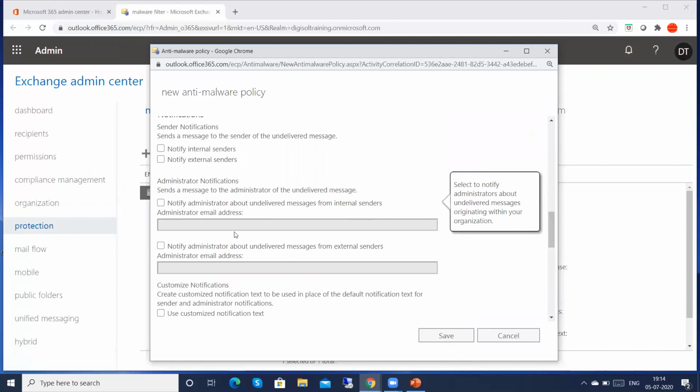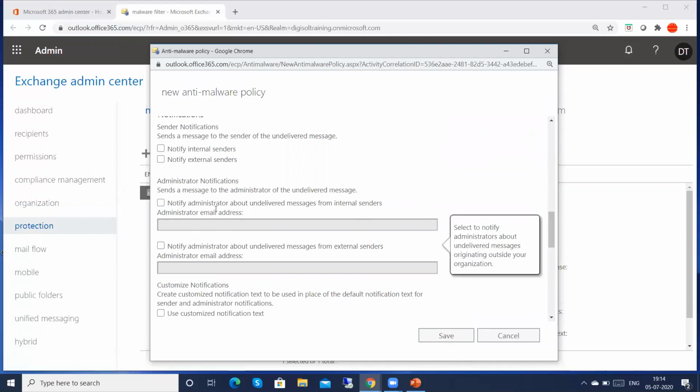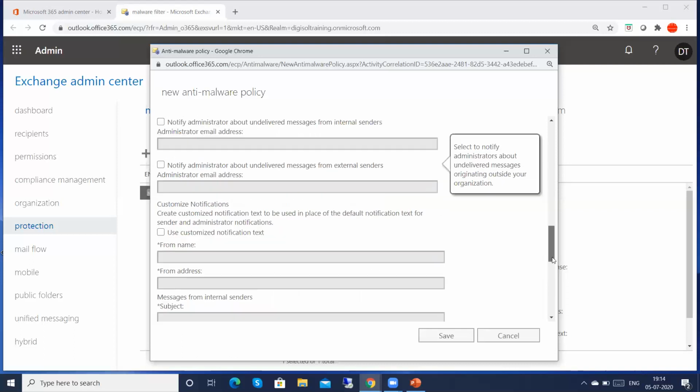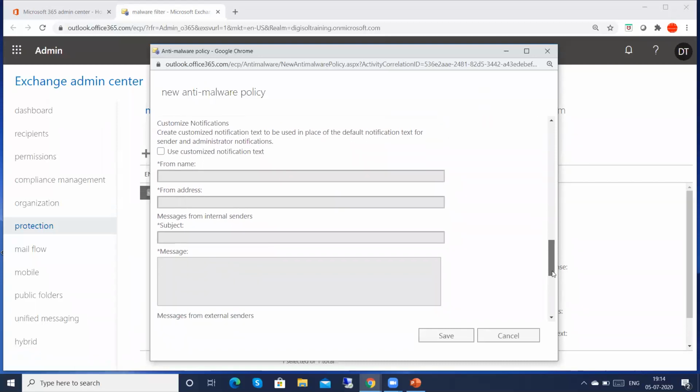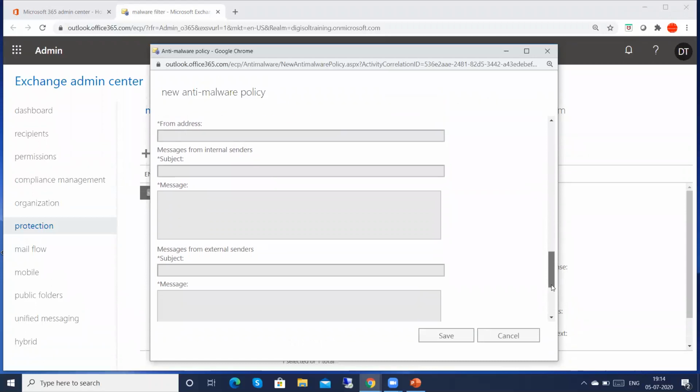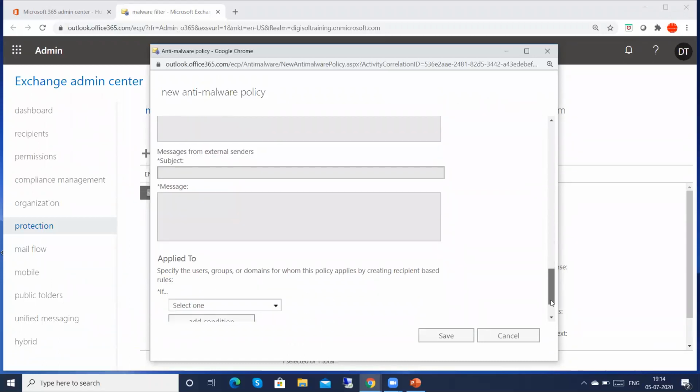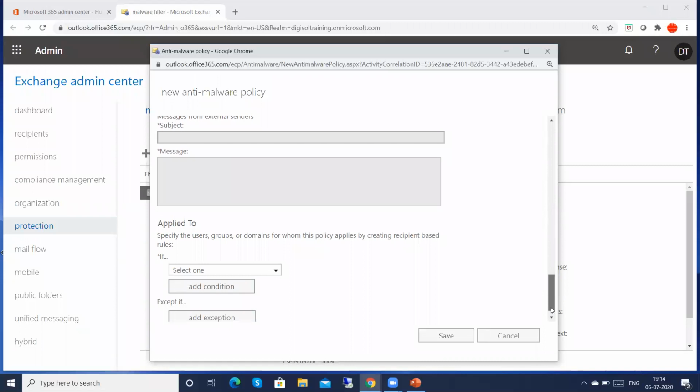If internal email address, send notify for external email, and also you can customize the notification template, how to send, what the text type is. If you want, you can utilize the customization also, otherwise you can go with the default, right?